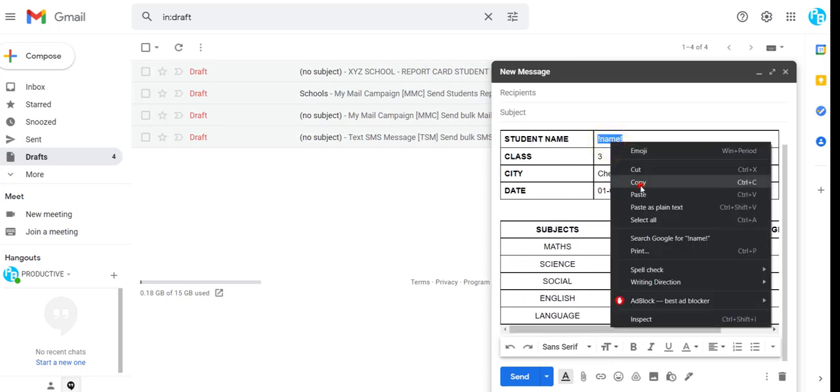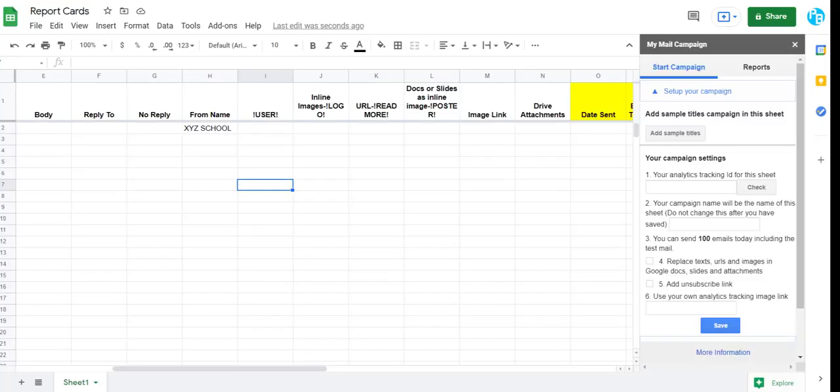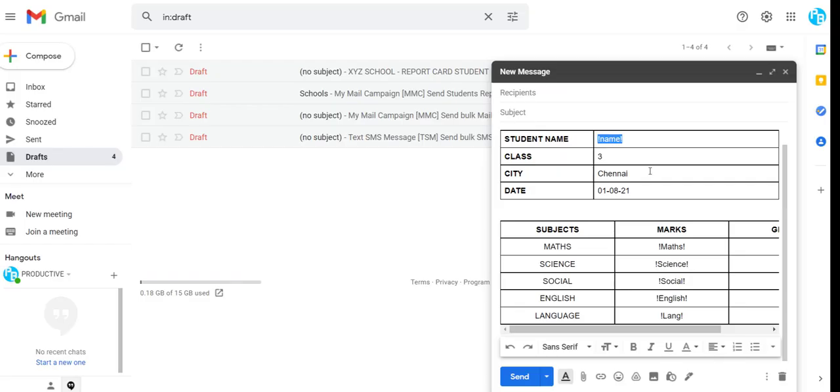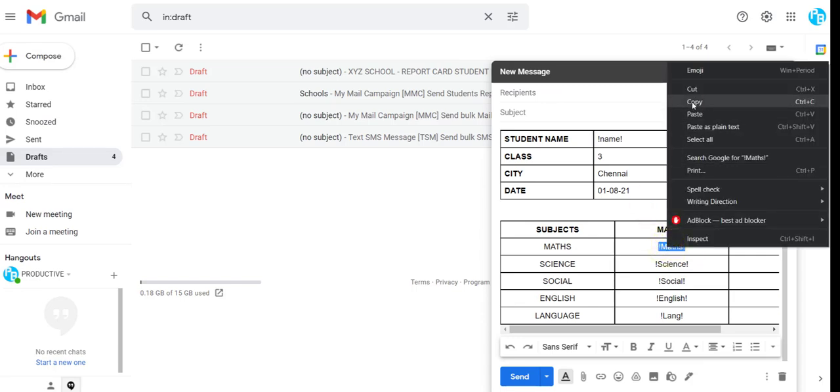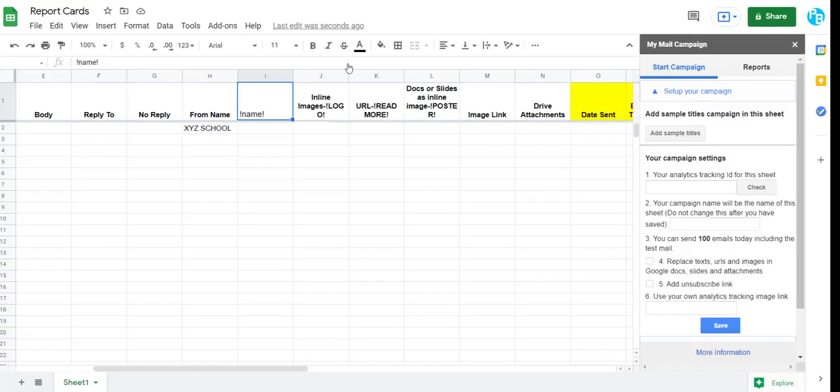Now, I'm going to copy these exclamation-marked values and put them in my Google Sheet. Now, I'm going to paste those values in this user column. Likewise, I'm going to copy the rest of the exclamation-marked values here and paste them in my Google Sheet.